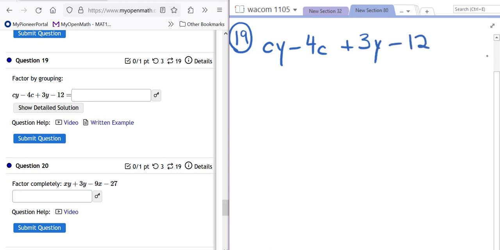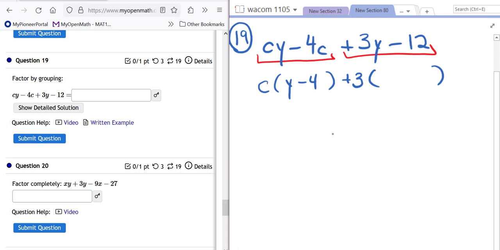Okay, and we're going to try factoring by grouping because we have 4 terms. So we'll make groups like this. In the first group, the c is the common piece. To get back there, one little set of parentheses. We're missing y minus 4. In the other group, we're missing our GCF. That's what you do first, is 3. And to get back there, we are missing a y